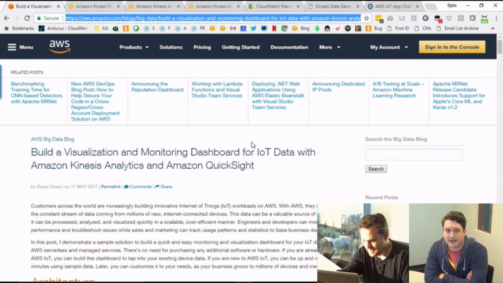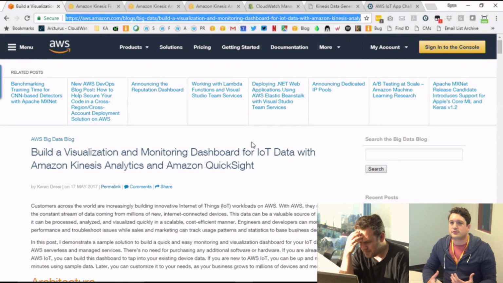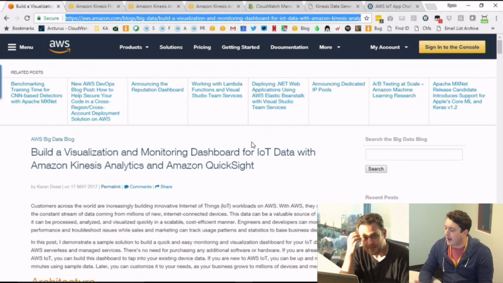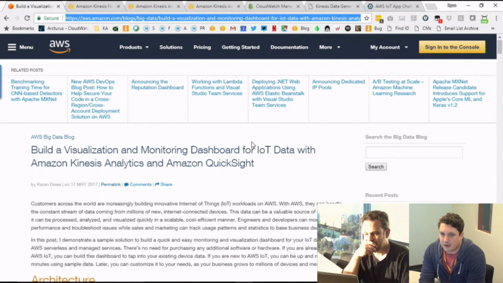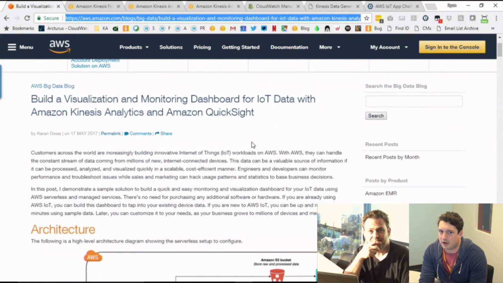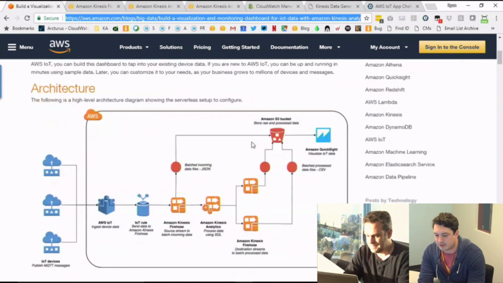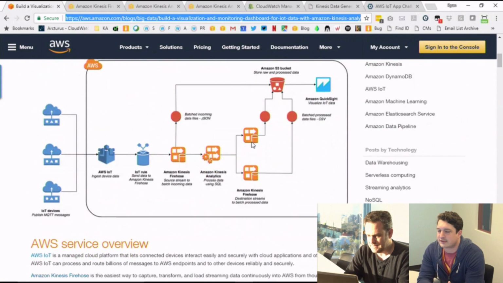What we're going to share today is, Mark just showed how to work programmatically through the APIs using a set of AWS IoT services. A lot of you may not be familiar with how to use the console or the Amazon command line interface. So we're going to go through one example implementation on this AWS Big Data blog post. I'll actually paste it in the chat, on how to build an end-to-end solution using AWS IoT, a couple of the Amazon Kinesis products, and Amazon QuickSight to build the real-time visualization.